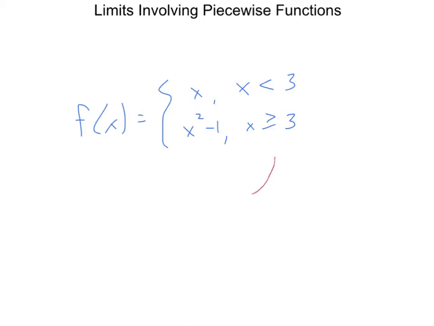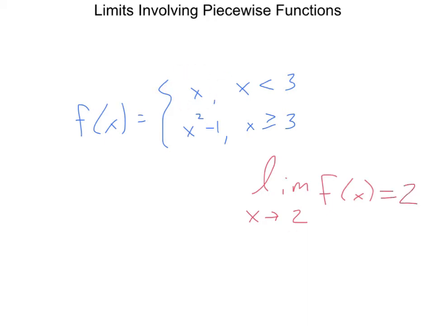To illustrate that, what if I were to ask you, what is the limit as x approaches 2 of f of x? Remember what a limit means. A limit means, what is this function doing near 2? Well, think about it. When you are approaching 2, you don't even care about this function. This function only applies when x is greater than 3. So since 2 is squarely in the less than 3 territory, all I really need to do is look at this top function. I can just evaluate this expression for 2,